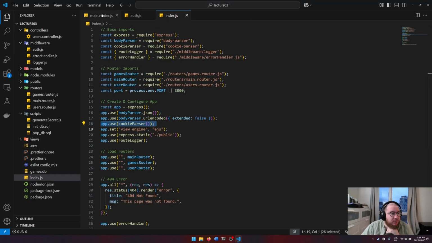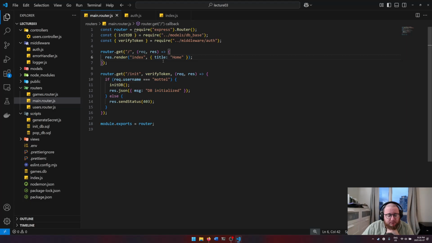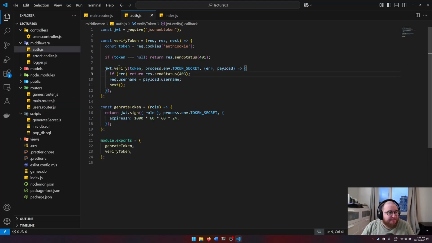So we're going to start by figuring out what permissions we want. For now, let's just have a single permission called the admin permission. So if you have 1, you're authorized. If you're 0, you're not authorized. So instead of verify token, we're going to create a new